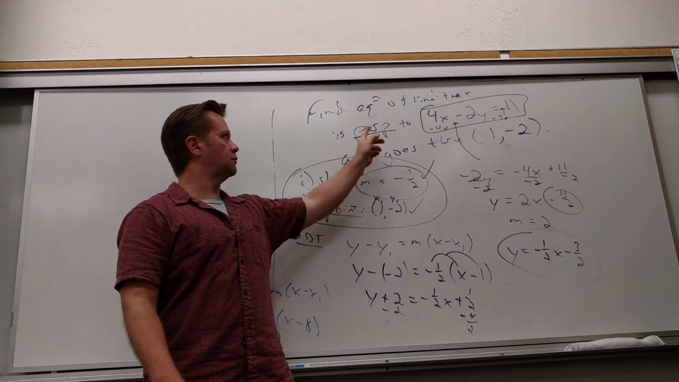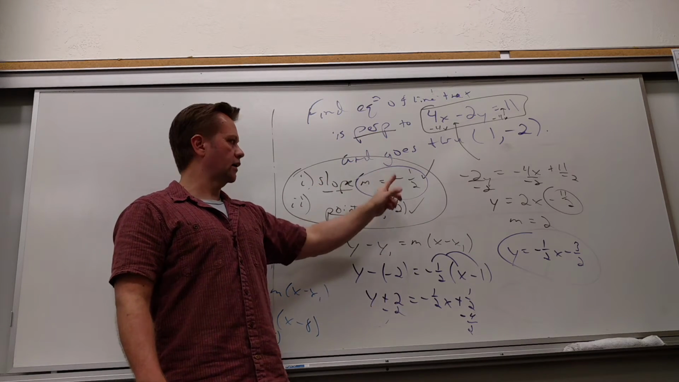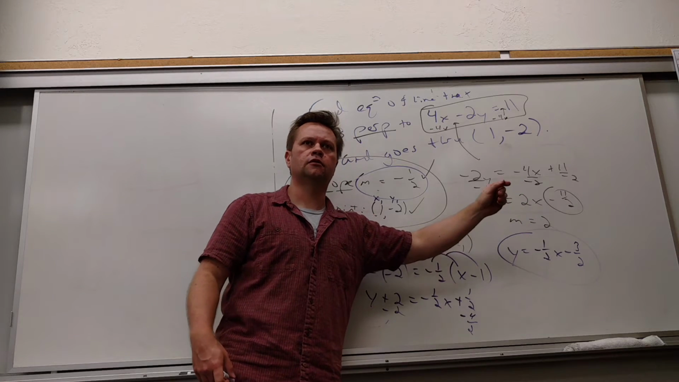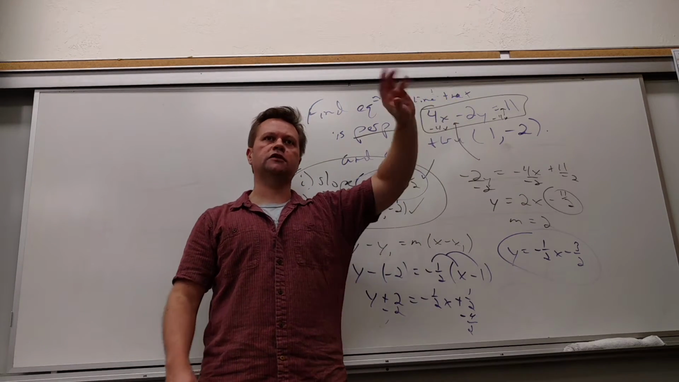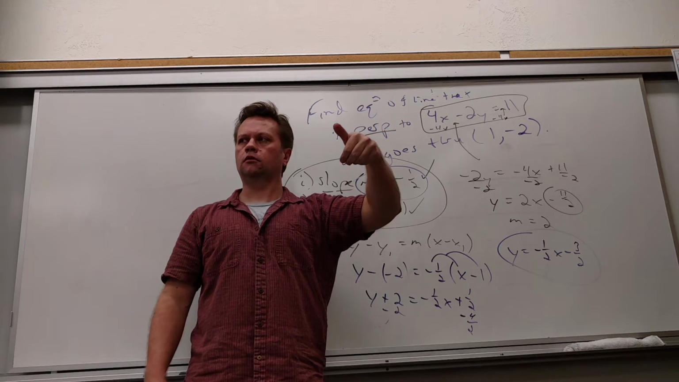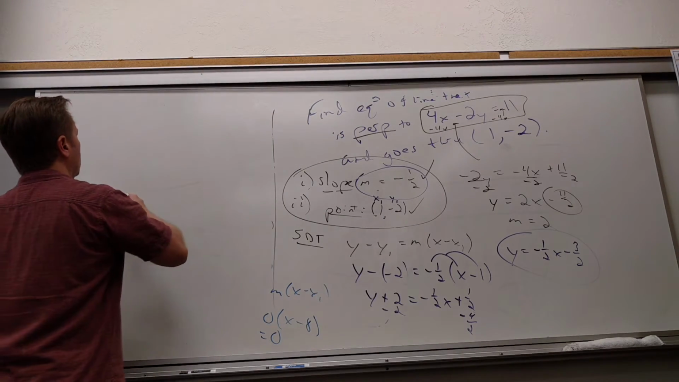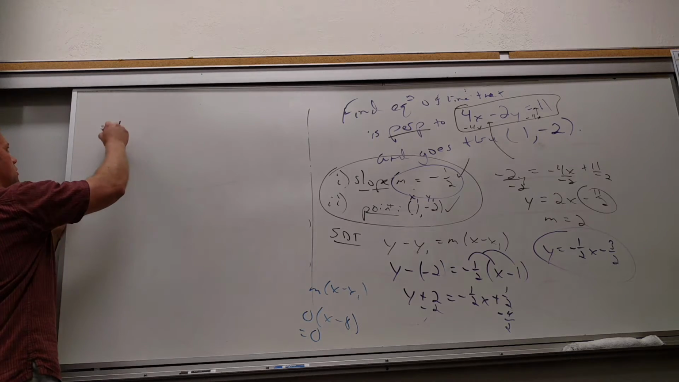If I said parallel, then my slope would have been the same as this. But because it's perpendicular, my slope has to be the negative reciprocal of that. So let me ask you this. If I give you this equation,